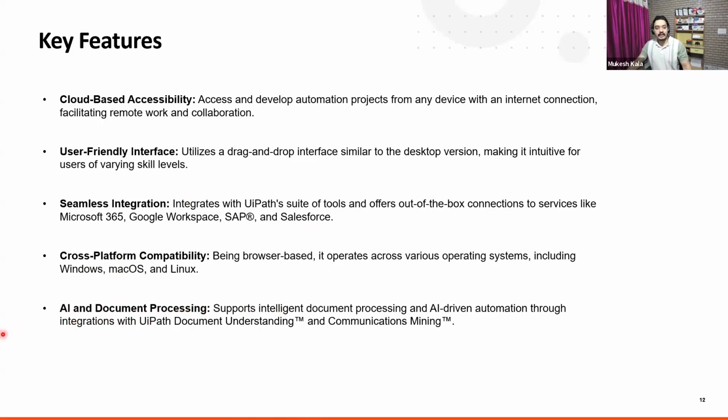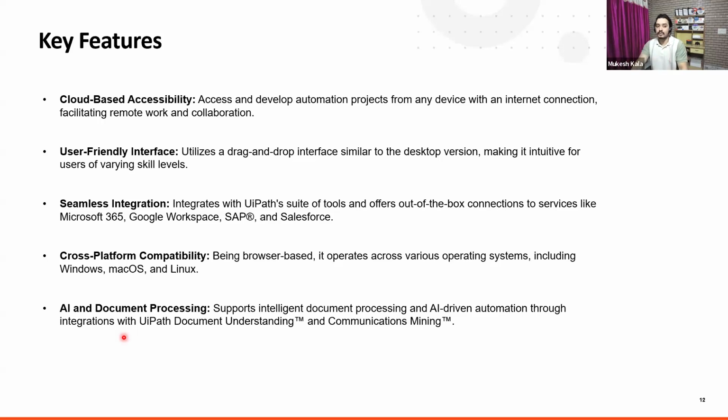AI, everybody is doing AI. You know what ChatGPT is, right? We all are using it. But what about enterprises? UiPath has been a master in this. We have tight integration of automation with artificial intelligence and intelligent document processing, which means it has the capability to read structured, unstructured, semi-structured documents, handwritten documents, PDFs, bank checks, images, right? It can process everything, extract the information, and take the next actions.